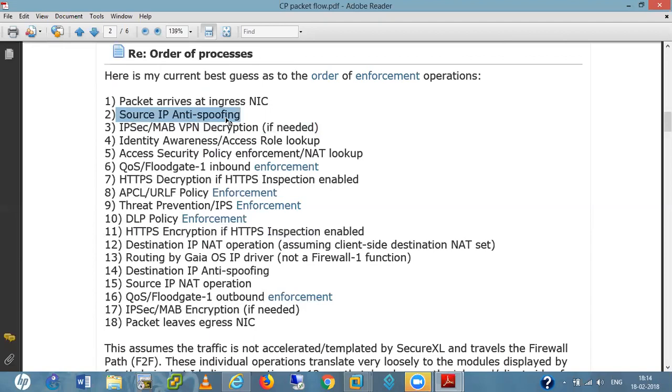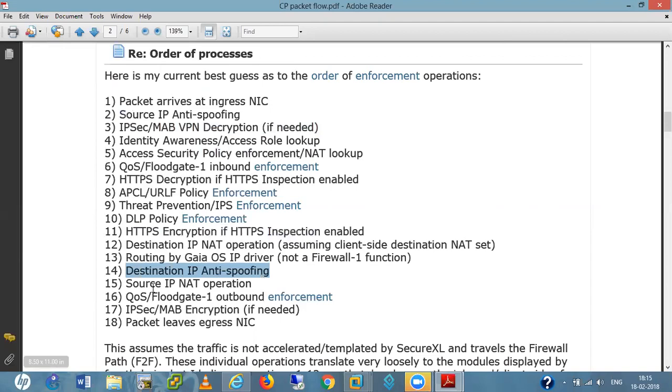So it checks if this packet is something like a DDoS attack. It checks that the source and destination do not belong to the same interface. In outside, the source is not equal to the DMZ network, right? If the source is a DMZ network, then it discards this packet. Here it checks for destination IP anti-spoofing.